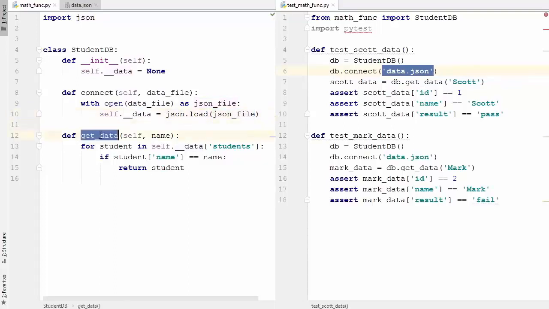And then I have this method called getData, which takes one argument, which is the name of the student. Now this name I'm going to search for in the dictionary which I got using the connect method, and if the name which is provided as an argument is contained in the students' data,